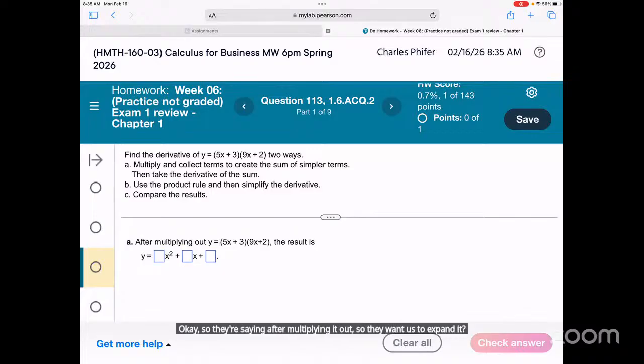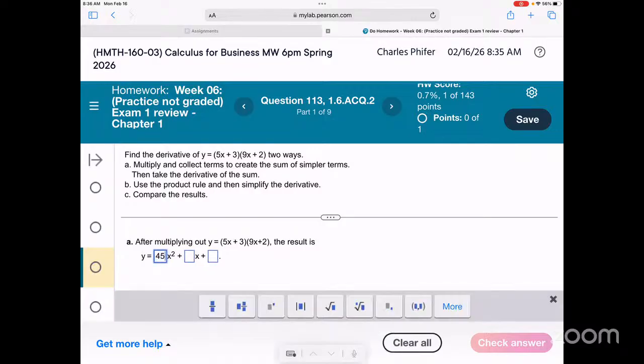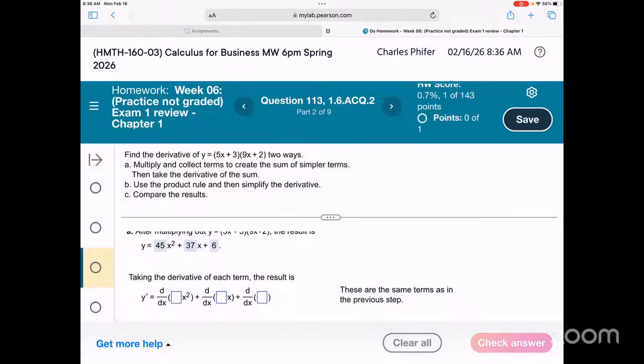If we FOIL, that's going to be 45x squared, 10 plus 27 is 37, and a 6. Then if we take the derivative,